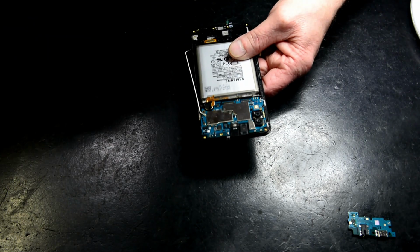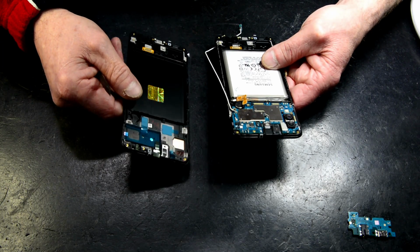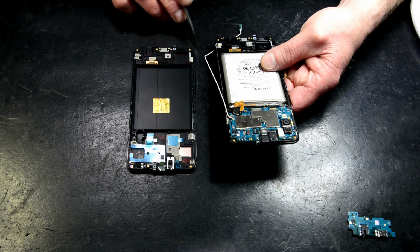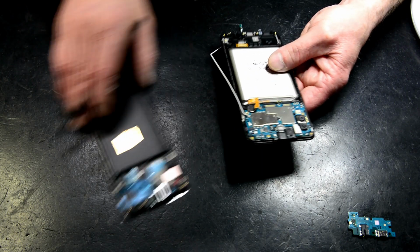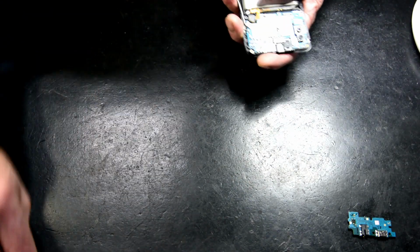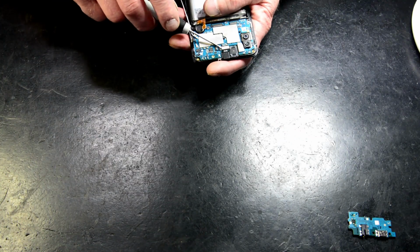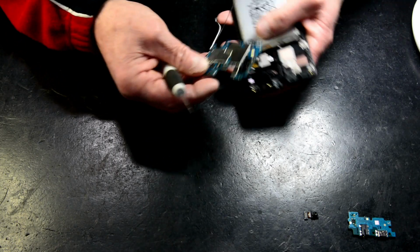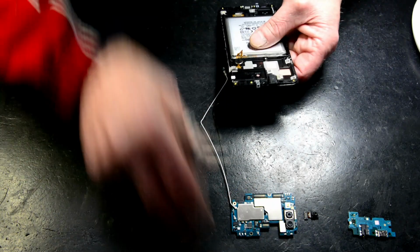That's off. There's nothing needs to be replaced at the bottom there. It's got the rubber in here, so that's all good. Okay. Front camera, board falls out. Now,